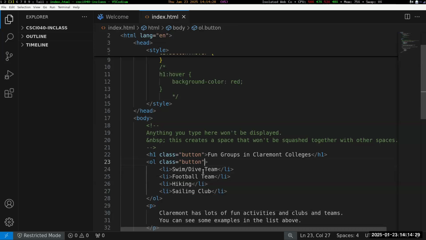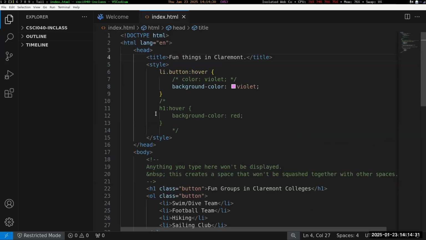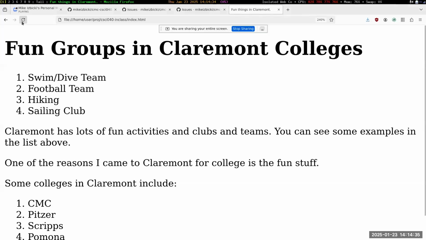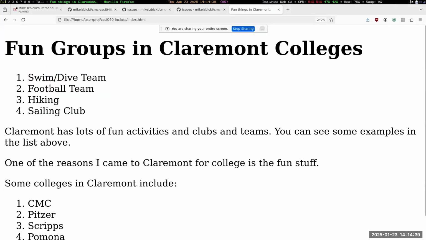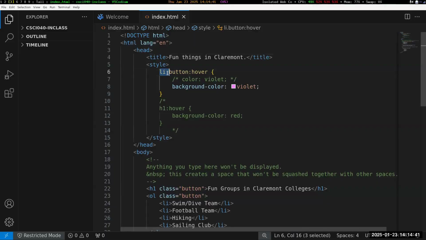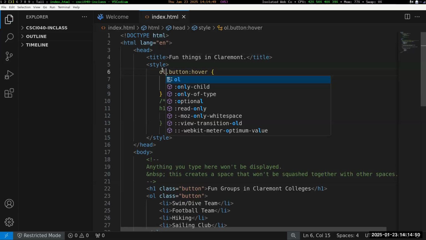If I try this right now, this is not going to work because, first of all, it's an li dot button. So if I save this, come over here, refresh this. Now we're not matching any of these tags because my selector is looking for list items down here, but our class is on the button. So I could change this to an ordered list dot button like this, save that, and come back over here